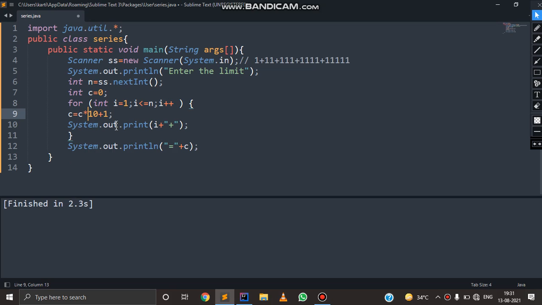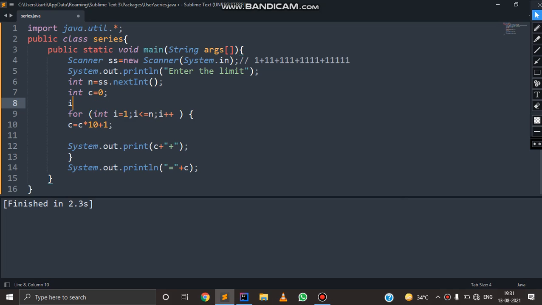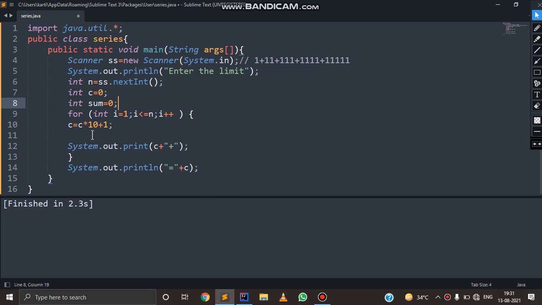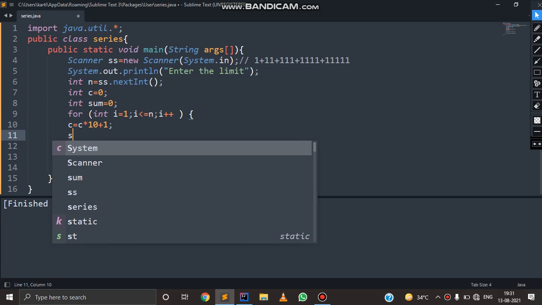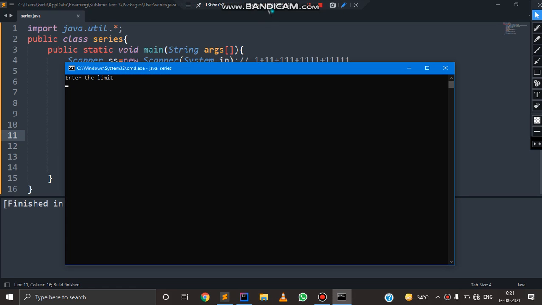So every time the loop runs, it prints the series, and we'll keep the sum in another variable: integer sum is equals to 0, and inside the loop, sum plus equals c. Run this program, enter the limit 5.